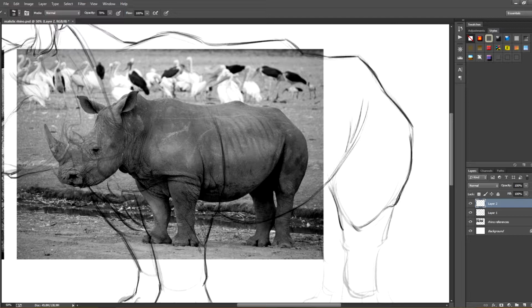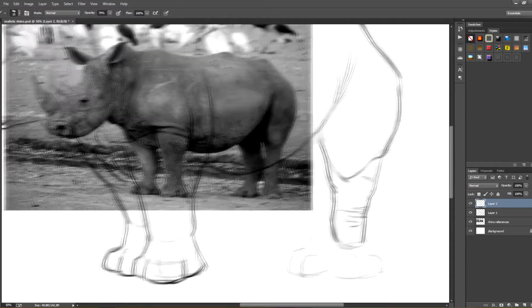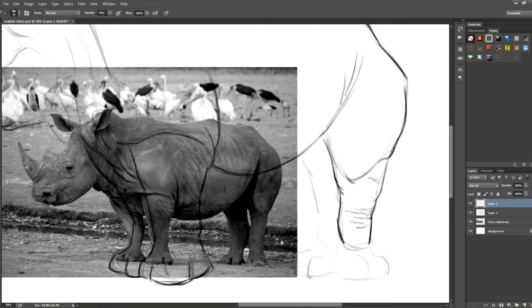So I don't overload my drawing, I prefer not to draw all the creases in the rhino's skin. In the photo, you see that it does have a lot, but I like it to look a little lighter, so I just draw the ones that I think are the most interesting. The drawing is going to work the same, as I've kept the proportions throughout the process, so experiment with more or less detail.